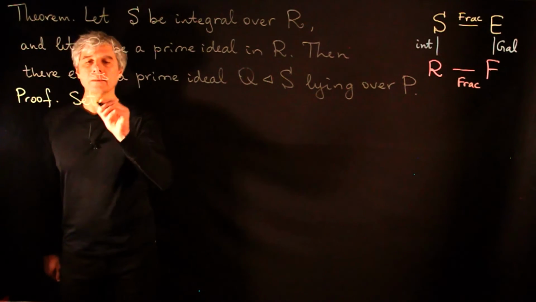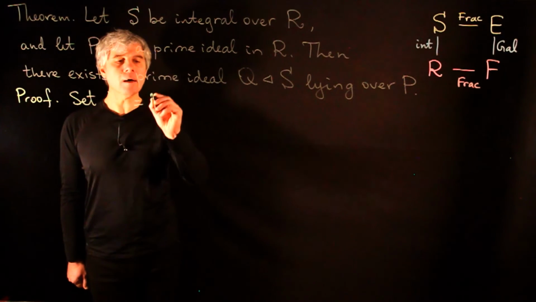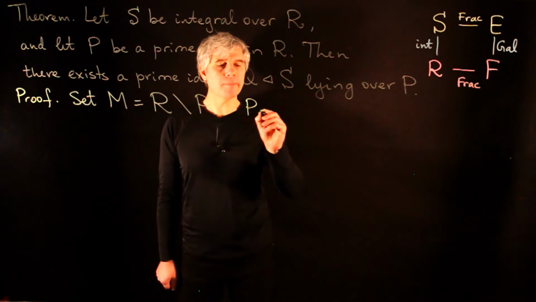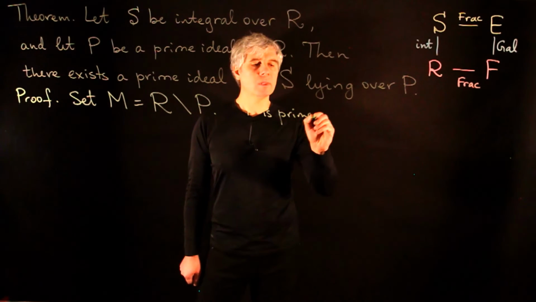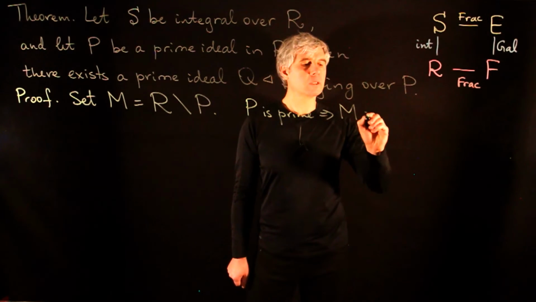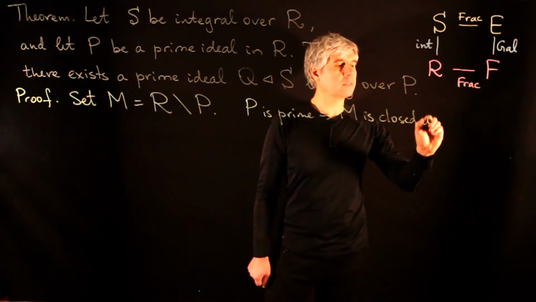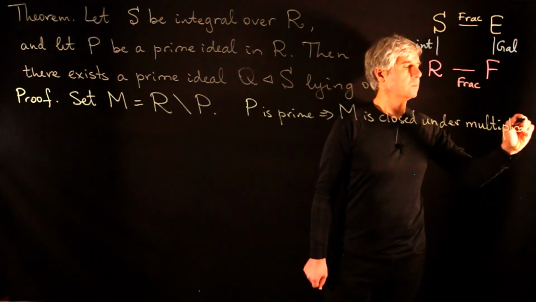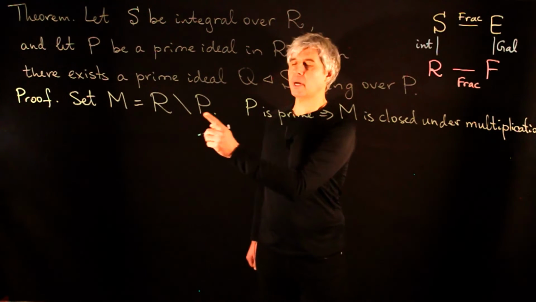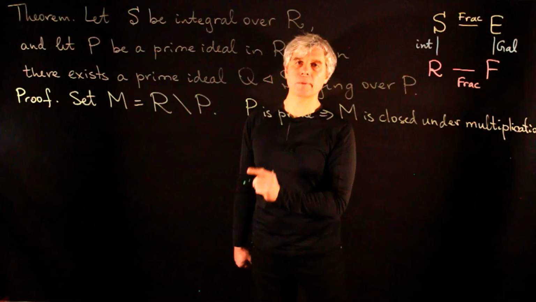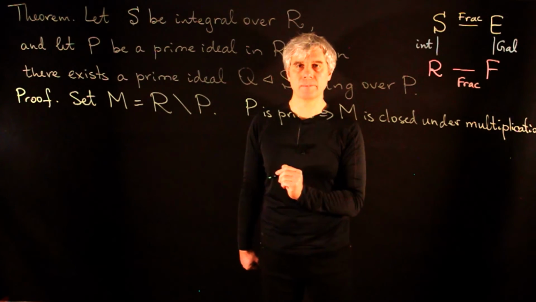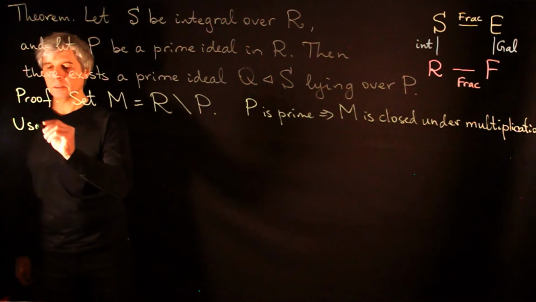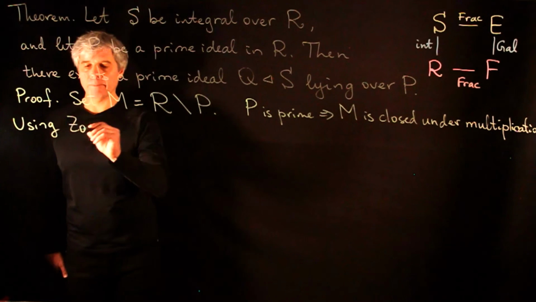Let us set M to be the set R without the prime ideal P. Since P is prime, this tells us that M is closed under multiplication. Because if we have two elements that are not in P, their product will also be not in P. Otherwise, we will get divisors of 0 in the quotient ring. Using Zorn's lemma,